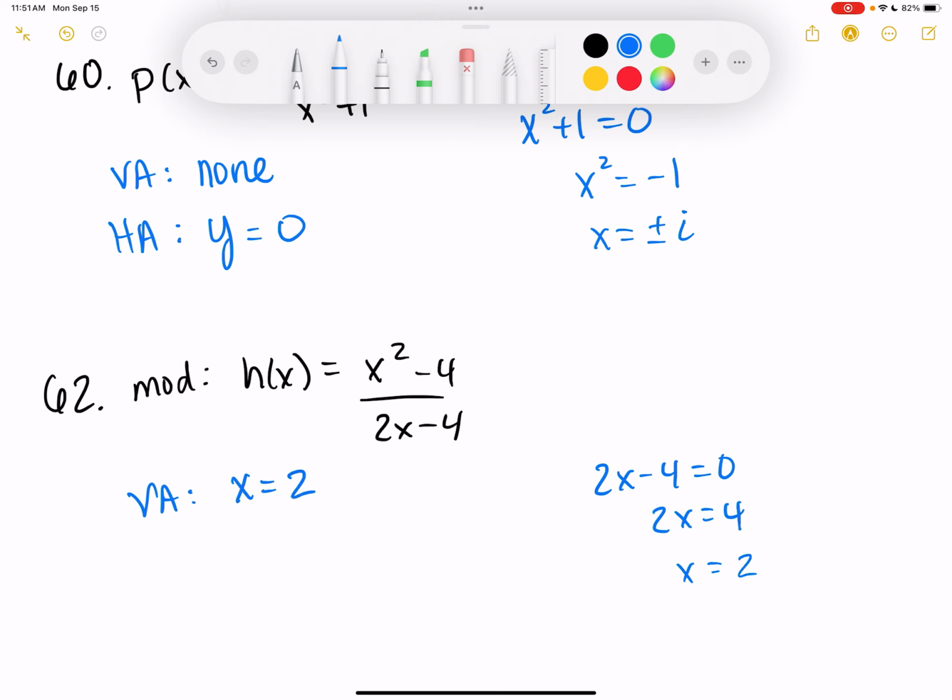Oh, that's how you figure out the vertical asymptote. Just look at the bottom, the denominator. Now, horizontal asymptotes. I look at the highest powered x terms, top and bottom. So I've got an x squared over a 2x. So if it is bigger on top, which this one is,